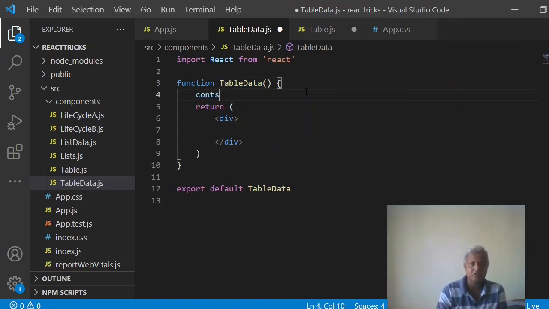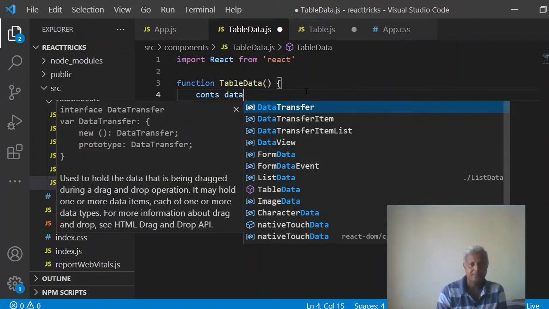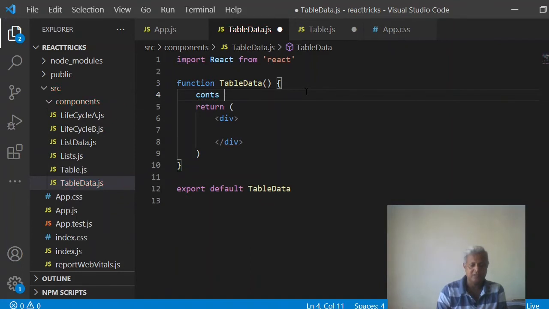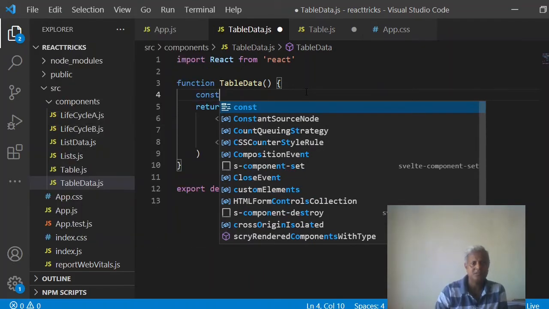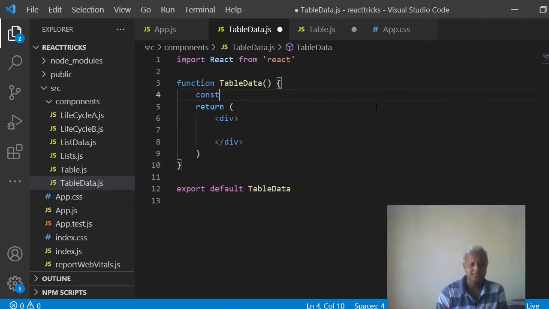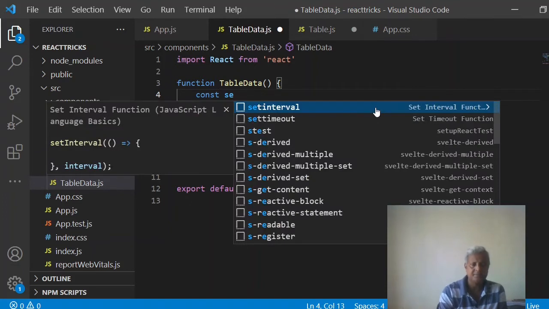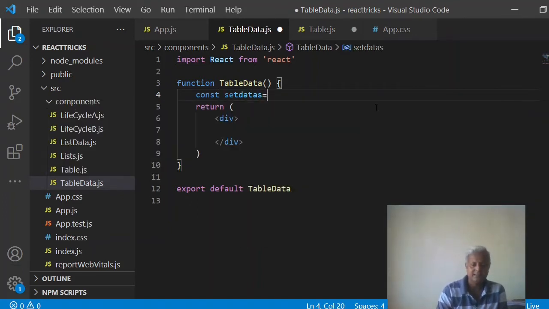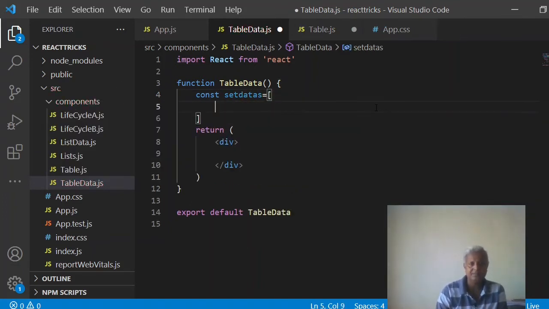So write const set of data, set datas equal, and then